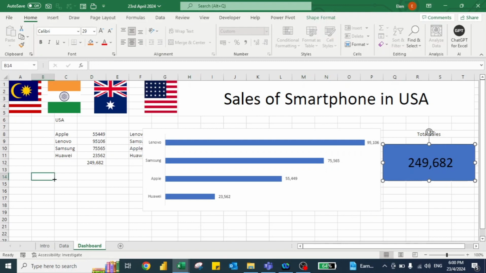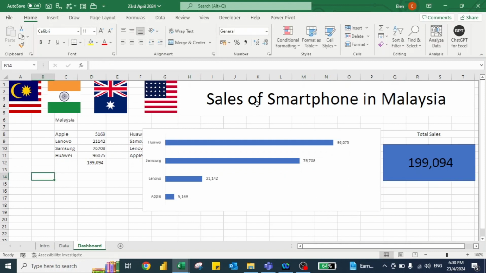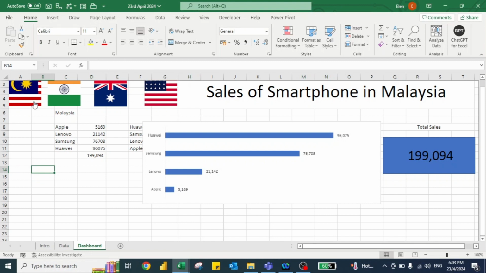So now if I click here Malaysia, we have sales of smartphones in Malaysia, and of course we do have the chart, we do have the total. So basically what I want to do is make a dynamic presentation. I want to show my manager that the highest sales of smartphones is basically Huawei. So in order to create a story, what I'll do is I'll just